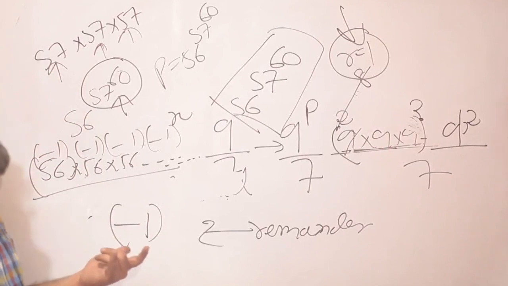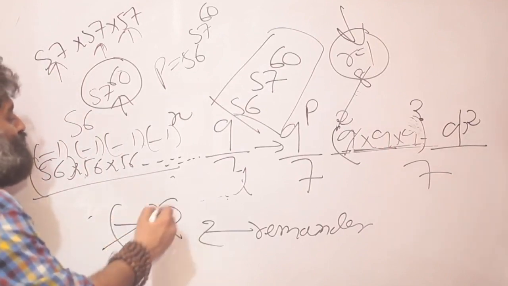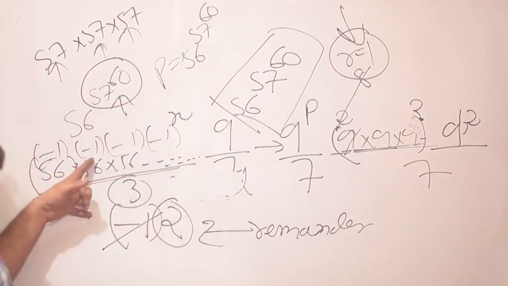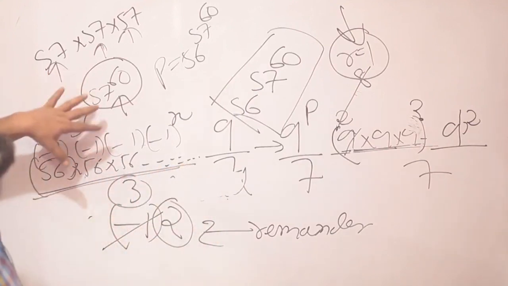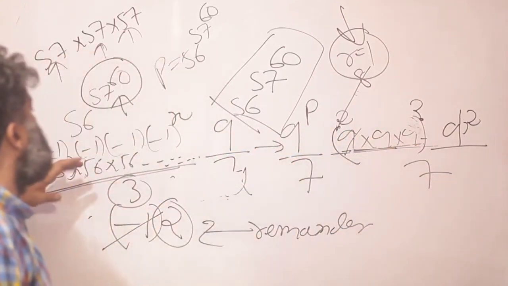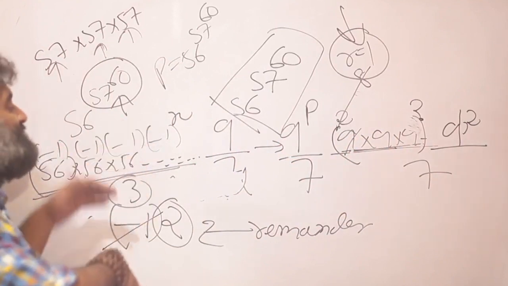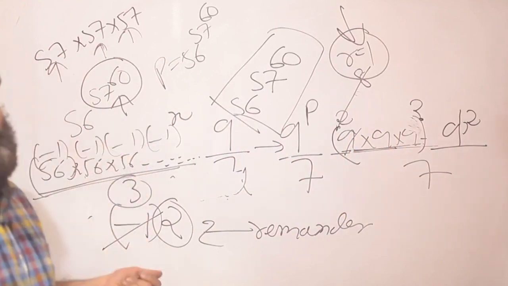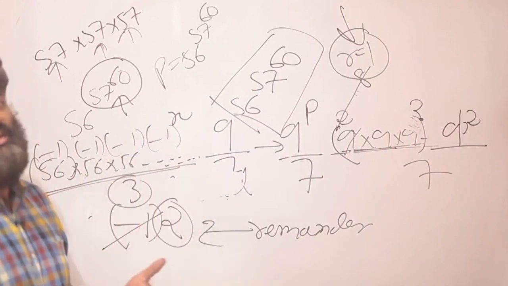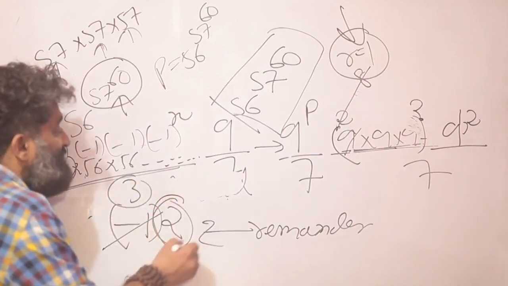Don't get lost in the thread. -1 means a remainder of 2. Why? Remember the process, we were dividing this by 3. So what happens in such a question is, you start from here, you starting with 9, and then the question becomes about 56, and then you find the remainder, and then by the time you reach this point, you have forgotten what you're doing. But after a couple of rounds of doing it slowly, it should not be too much of a problem. Again, there is a remainder of 2.